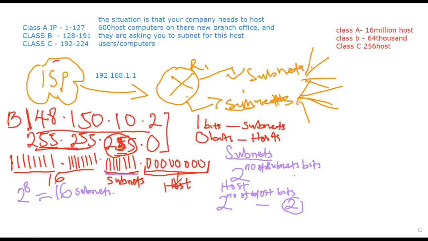Now, we are also concerned about the hosts. How many hosts are we possibly going to get using this IP and subnet mask? Let's do the calculation again. This time it is 2 to the power, and remember that we are dealing with 8 bits here. So this 8-bit will again be 2 to the power of 8